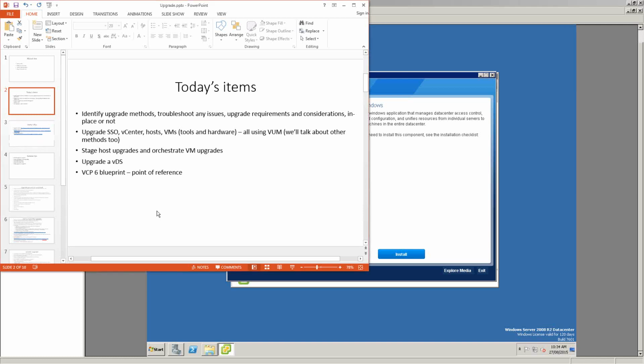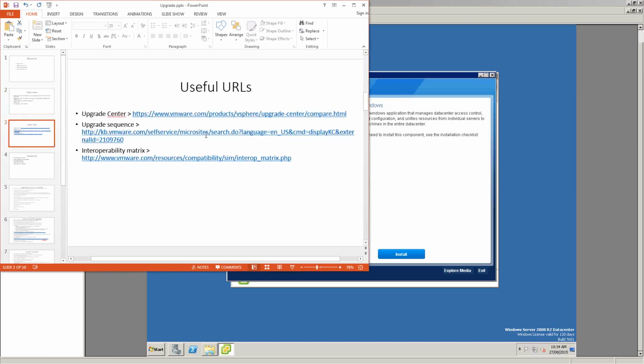All right, so we've covered that. These 3 URLs you should bookmark at all times for your upgrade. That's the upgrade center that VMware have. It tells you the various functionalities that you get when you upgrade to vSphere 6, and there's a pretty good KB article about the upgrade sequence and the interoperability matrix.